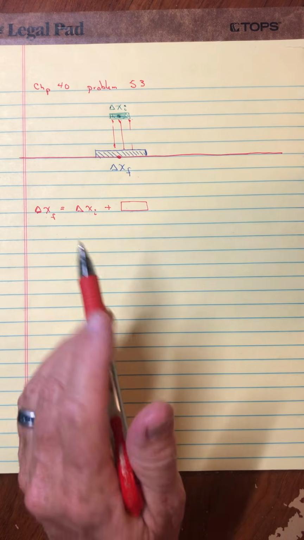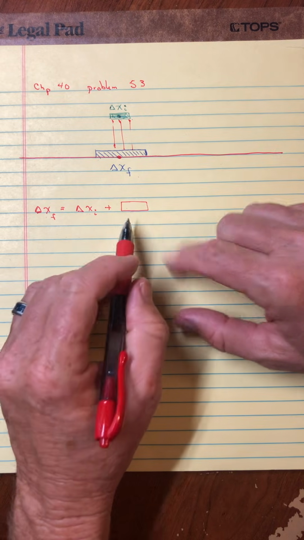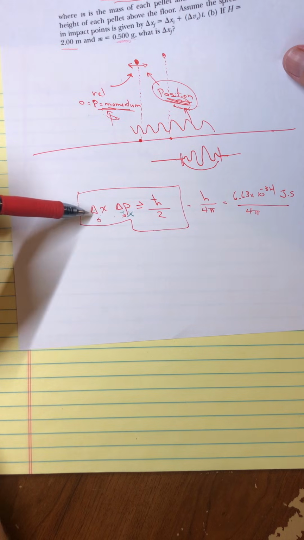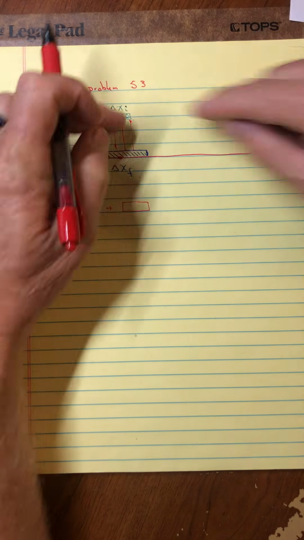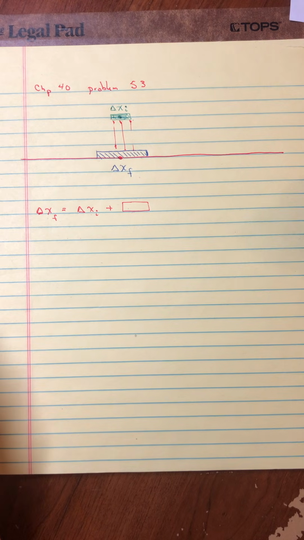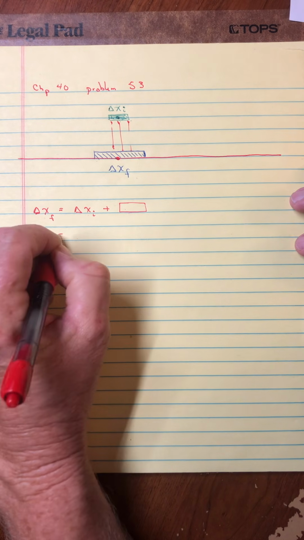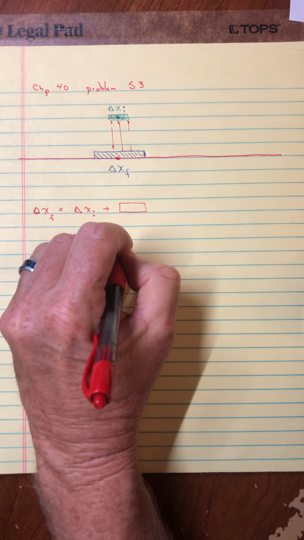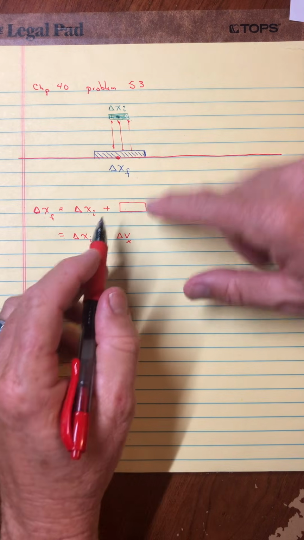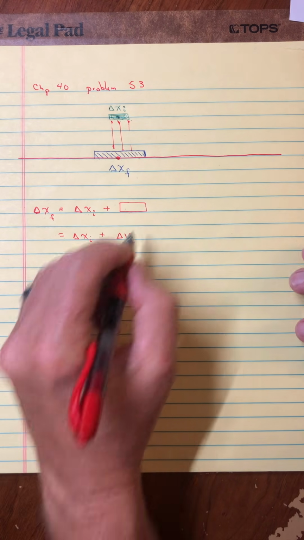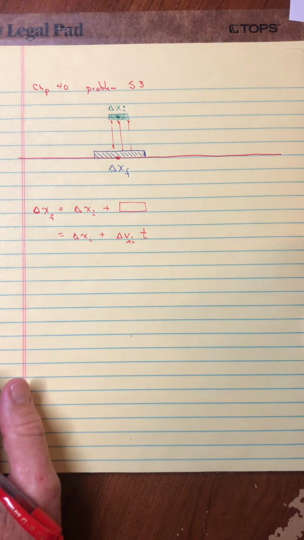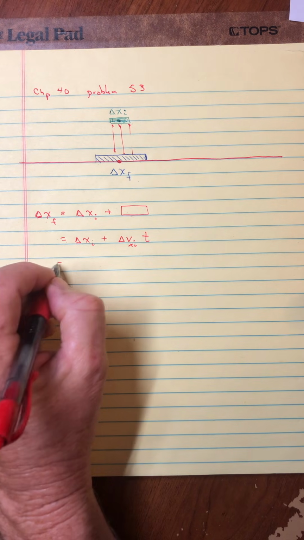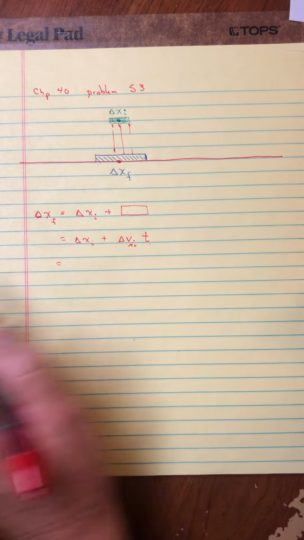But as we talked about, there is going to be a spread, a growth, if you will, because of the sideways momentum, which has to do with how small the uncertainty is where you began, and it's going to spread out. So I'm going to say that this second line, the growth part right here, would really be the uncertainty in the x velocity when I let it go, I'll say initial, multiplied by how much time it takes then to drop.